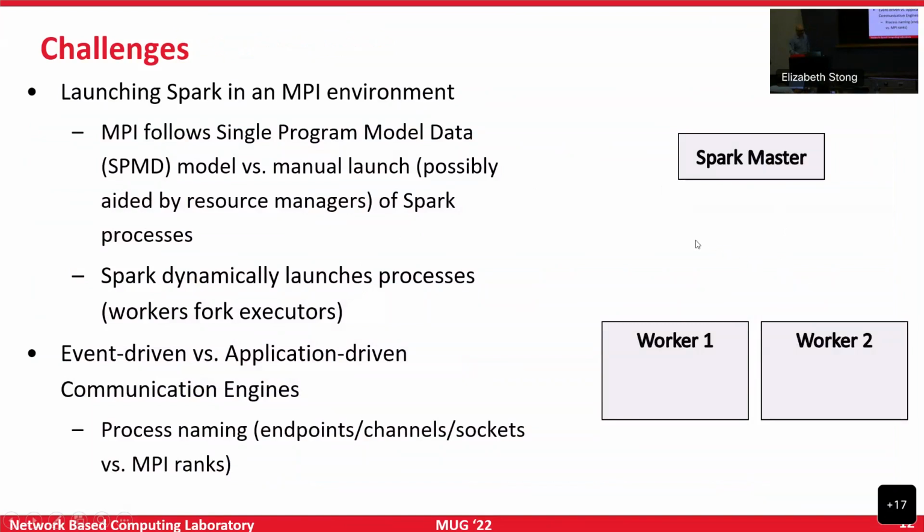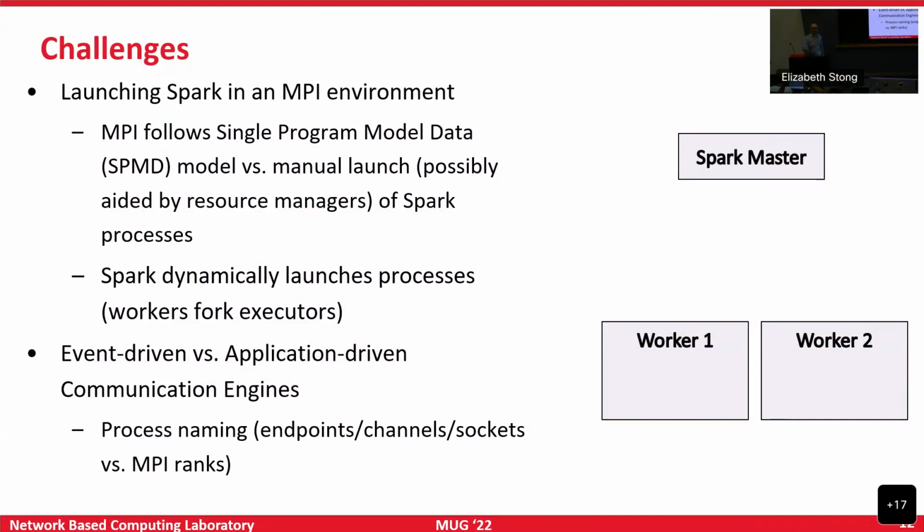This is perhaps the most important slide here. I want to emphasize the challenges that we have to deal with. The first challenge is that we have to launch the Spark environment from within an MPI environment. We have to somehow convert Spark execution, the launching of the driver and all the workers, to basically become an MPI application.